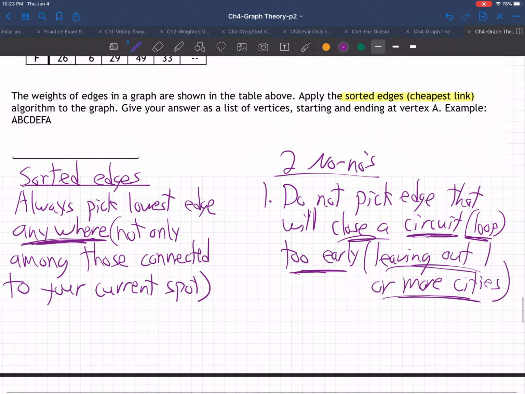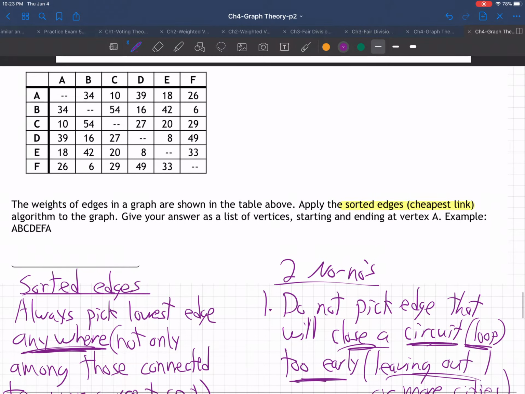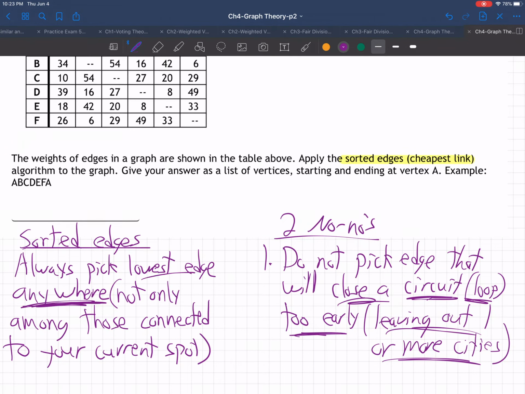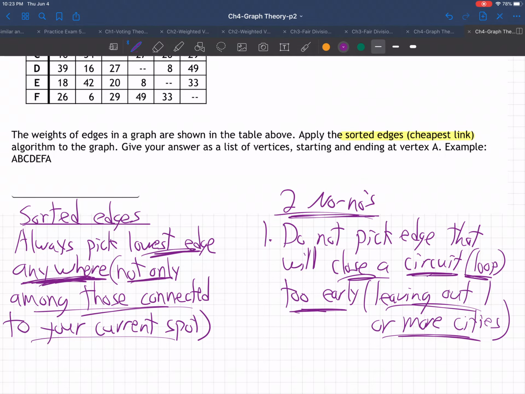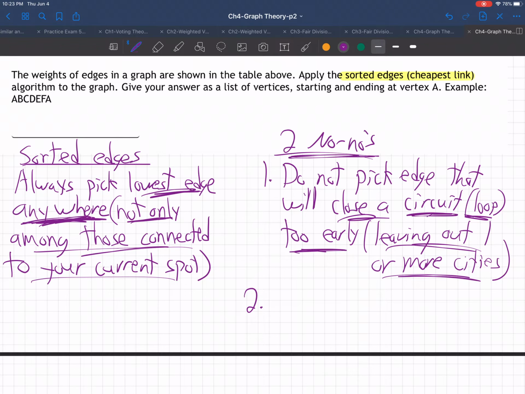So anyway, we're going to use the method here. We had the nearest neighbor method, the repetitive nearest neighbor method, and now we have the sorted edges method. You always pick the lowest edge anywhere, not just among those connected to your current spot. But there's two no-nos. The first one is don't pick an edge that will close a loop too early, and number two,